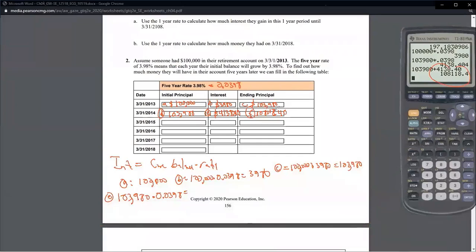Is there anything crazy mathematically we're doing here? No. The first student to come in here, now remember, you are doing an entire row of these. Each student has 3 answers. You need to come in and say, my initial principal is this, which will be the previous student's ending principal. Then you'll calculate the interest. I would appreciate it if you say that as a sentence. I'm going to take this number times that number, and it gives me this, and say it as a dollar amount. And then you'll come in and say, okay, with that interest amount, I add that to what my previous balance was, my current balance was, and then that'll give me my ending balance of whatever this is.